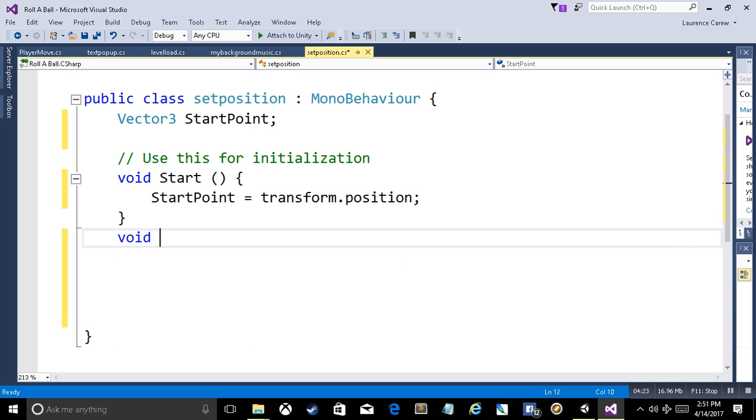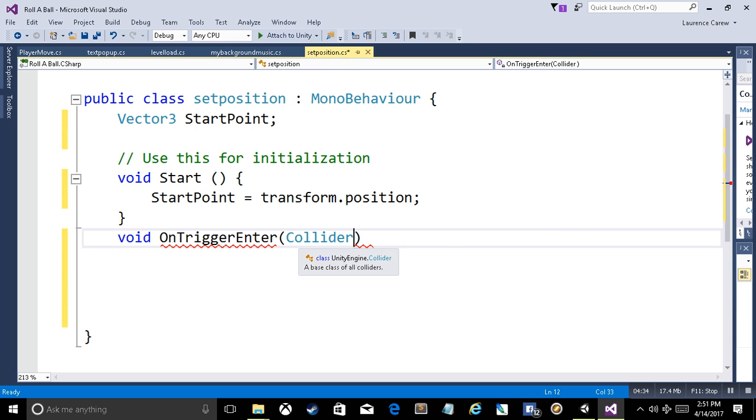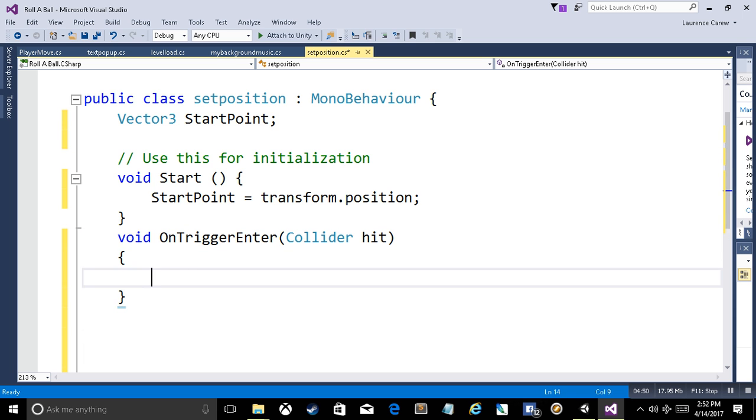Okay, this is the type of data we want to listen for or store information of, and the name of that data is going to be hit. Okay, collider hit. And then we do the brackets, and then we separate. Okay, so basically what's going to happen is if we enter a trigger zone, we're going to take some information about it using this data type. So the hit variable is going to collect data about what we collided with. And we're going to say if hit.gameObject.CompareTag